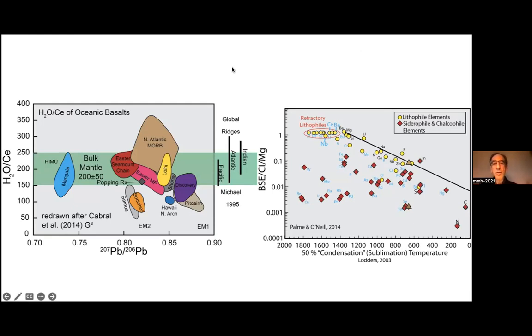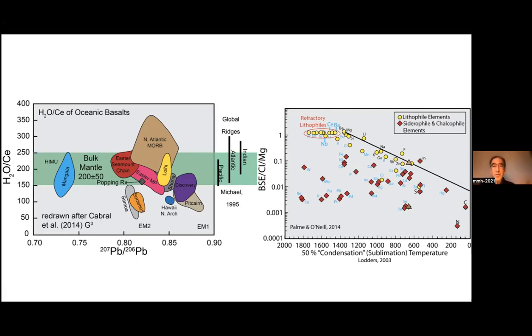Now, instead of what had been done before, which is to say, okay, that gives me the water-cerium ratio of various source regions, I took a different leap and said, cerium is one of a class of elements that we know a lot about in the bulk silicate Earth, which is to say that cerium is a refractory lithophile element. And the refractory lithophile elements do not volatilize, so they're not lost during volatilization. They're not segregated to the core. And because of that, they're the elements that we know the most about in terms of their concentration in the bulk silicate Earth. We know their concentrations about as well as we know the concentrations of elements like magnesium, for example, and we're not going to do any better than that.